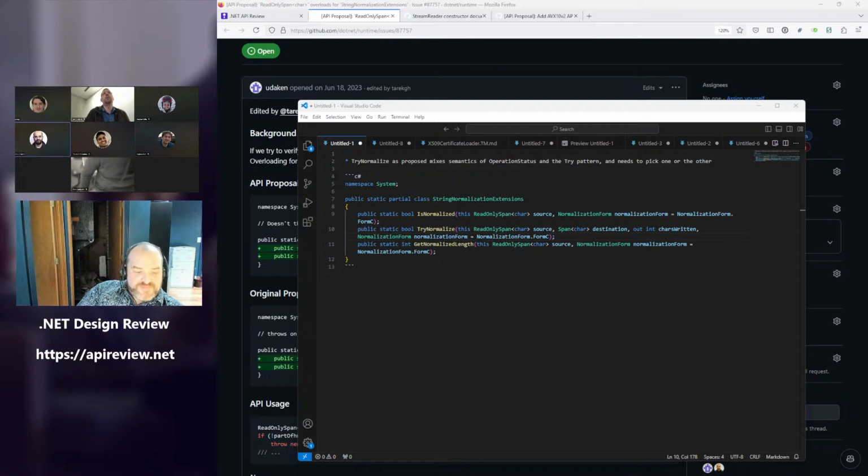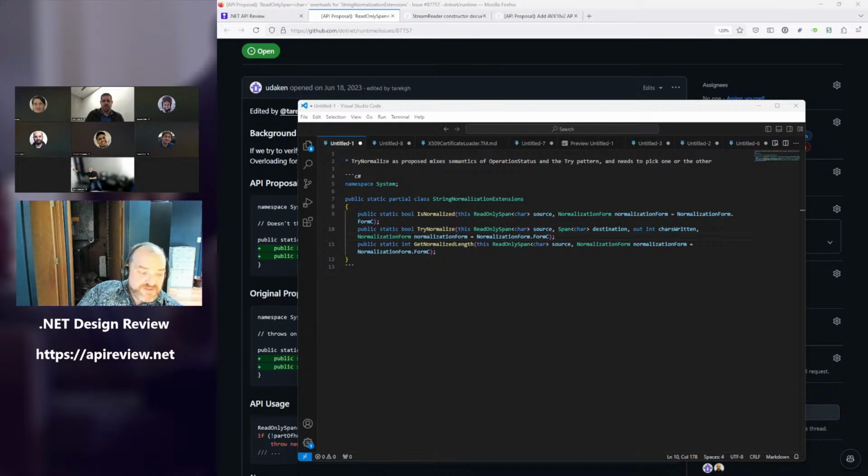I understand the reason and the logic behind it. But I'm not seeing that we have a way to address the case that I'm talking about here for normalization. I want to perform something, I want to avoid exceptions, and I want to return some indication about whether the operation succeeded or failed for the content of the string itself.